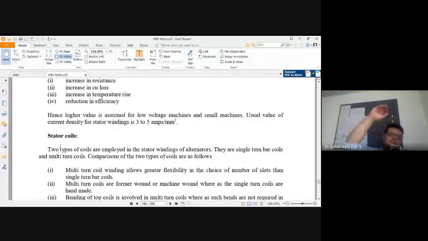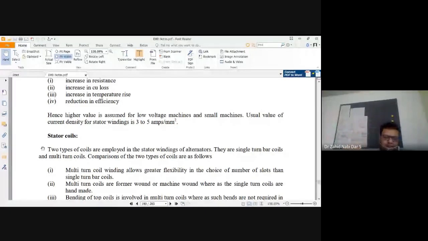Now there is another thing we have seen in the alternator: the stator is similar as far as the induction motor is concerned. The only difference in the alternator comes into play in your rotor. Inside the rotor, you have an AC slip ring or a brush exciter on top of the rotor so that it separately excites your machine. As far as the induction machine is concerned, it is a singly fed machine. It is not a double fed machine. Although there is a type of induction machine on which I have done my research, that is the doubly fed induction generator that is used for wind turbines. But now it is not part of the discussion.